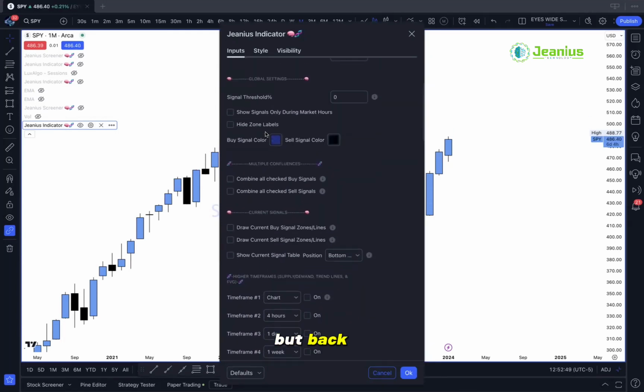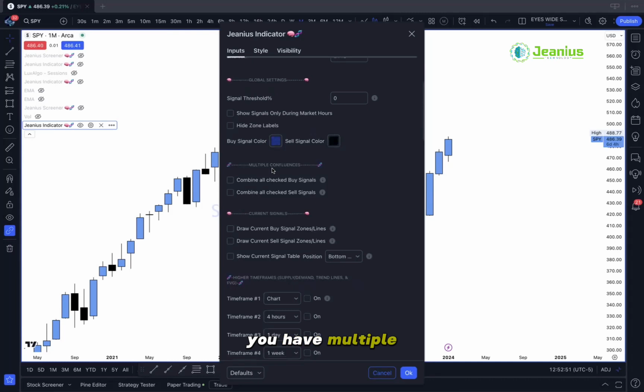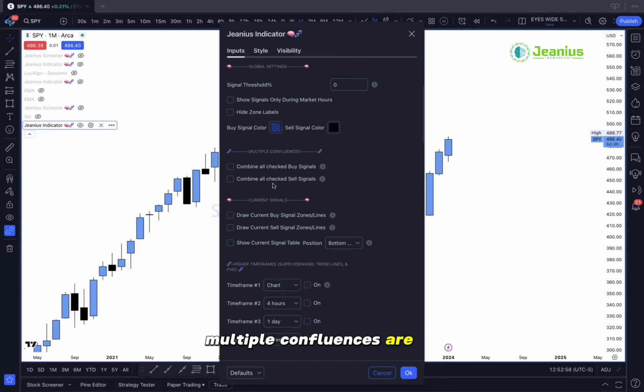Back to the next section, you have multiple confluences. And so what are multiple confluences? Multiple confluences are areas on the chart where traders of all kinds are kind of meeting in one area, and they're agreeing on the same direction. And so let's say that,